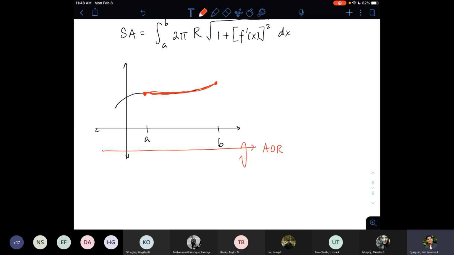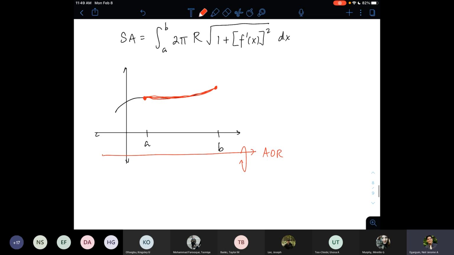So if we do the revolution, can you imagine what happens? What we will have is not a solid, but just a surface, because everything in the middle would be hollow, or empty space, right? Because we don't have a region to revolve around the axis. So what we will form instead of a solid is just a surface. You will have a boundary, but it would be empty inside. That's why we don't compute for the volume, because the volume will be 0, but it will have a surface area, right?